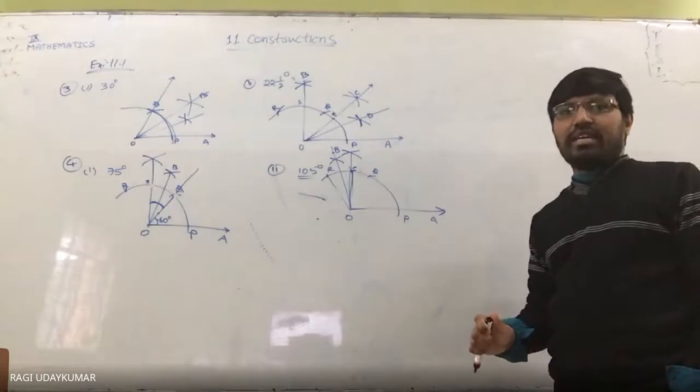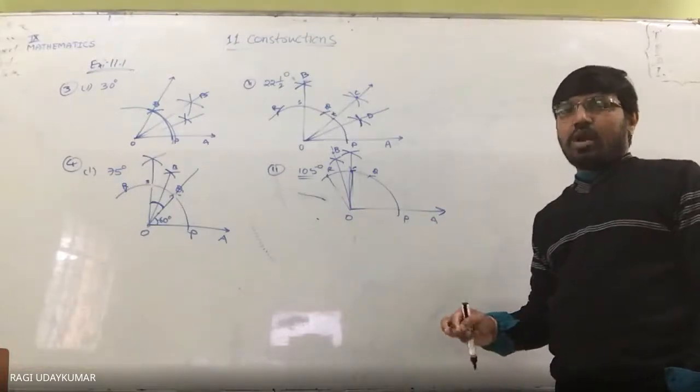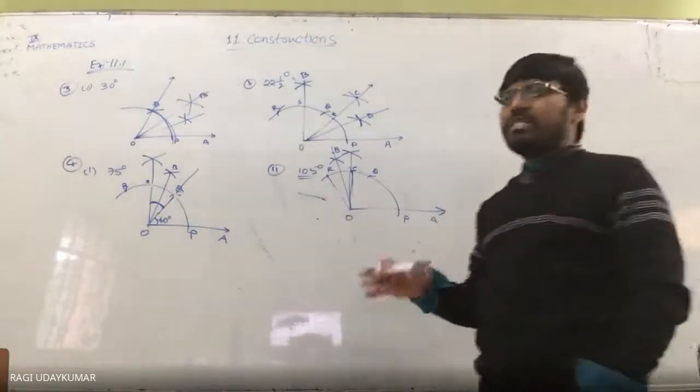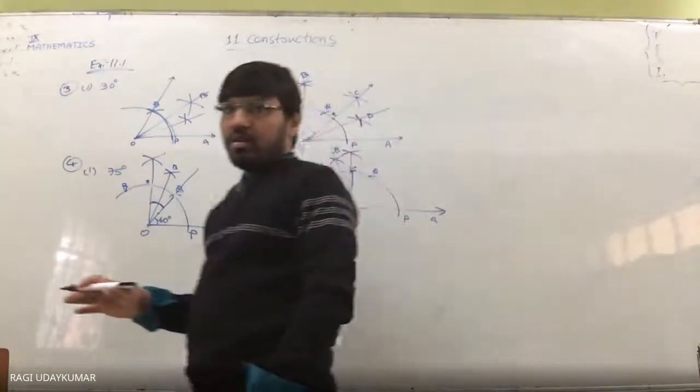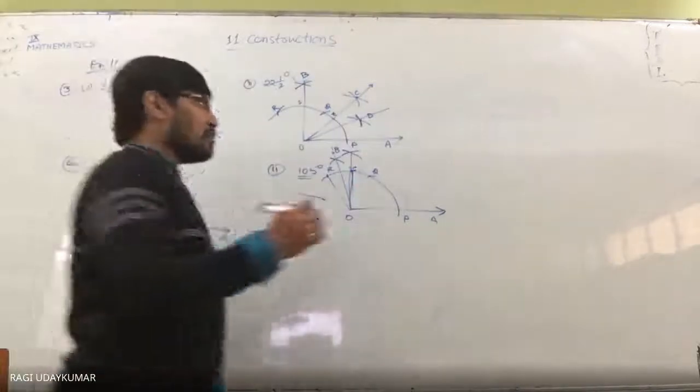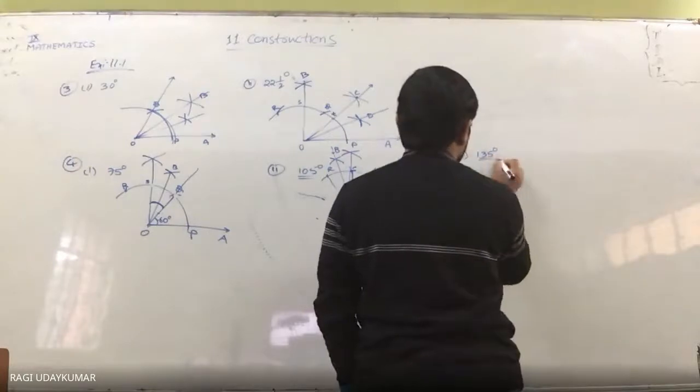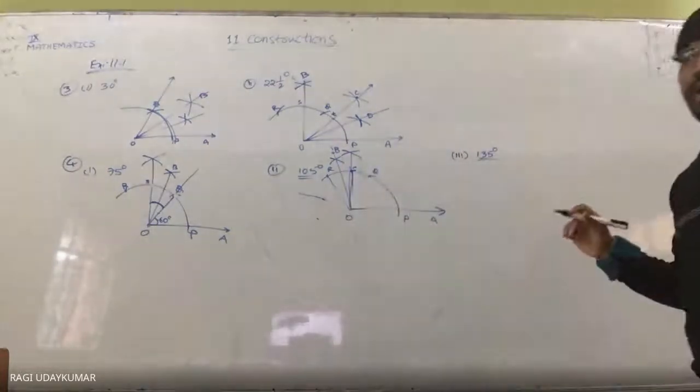Did you understand here? See here, we are only drawing the bisectors. Suppose the question given to you is a 135 degrees angle. So 135 degrees angle means 120